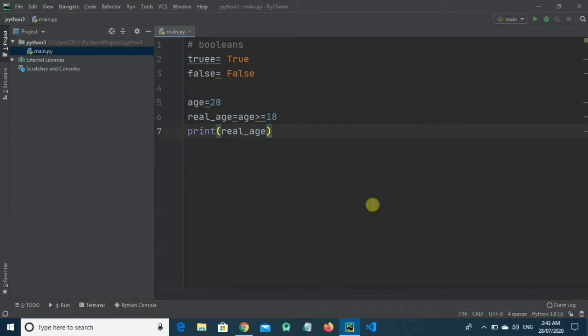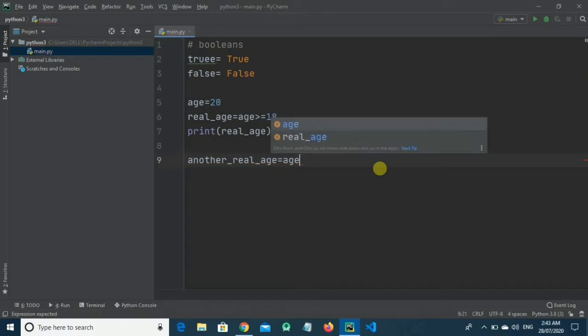Let's take another example to understand this properly. Let's take another variable here: another real age is equals to age is less than or equals to 18.